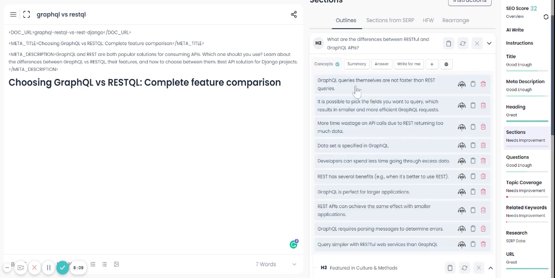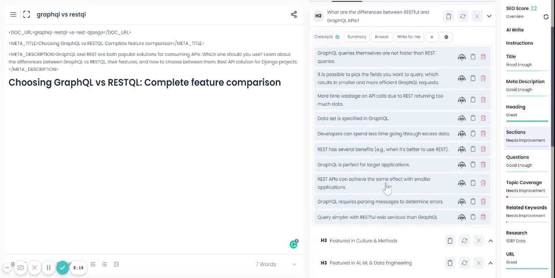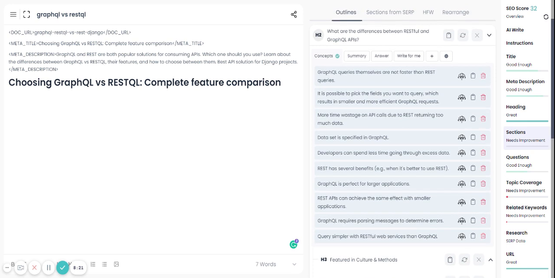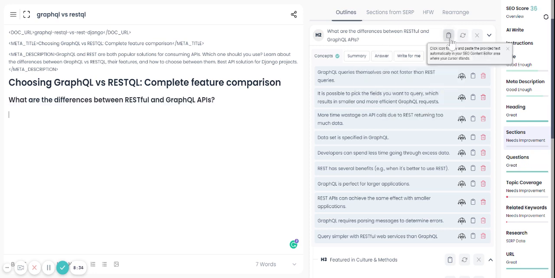Okay, GraphQL queries themselves are not faster than RESTQL queries. It's possible to pick the fields where you want the query, which results in smaller and more effective GraphQL queries. So here are the discussion points that it laid out for you related to GraphQL and RESTQL API. Now let's see if it is able to start creating that paragraph for us. So what I would do, what is the difference between RESTQL and GraphQL API? Let me go ahead and copy this in, and I would say,